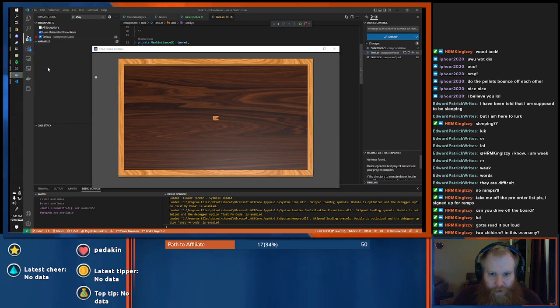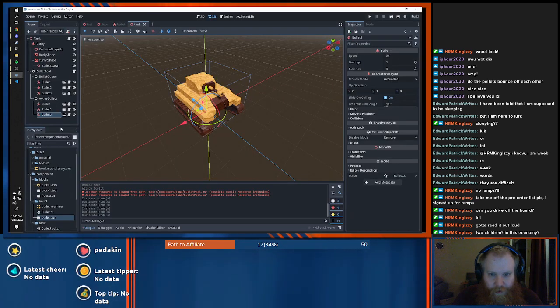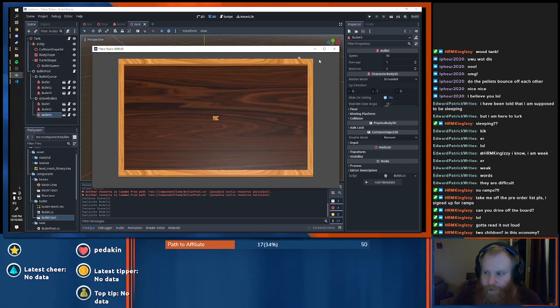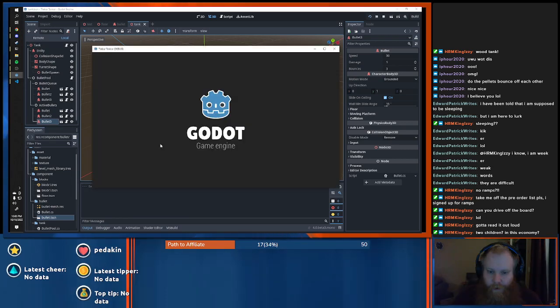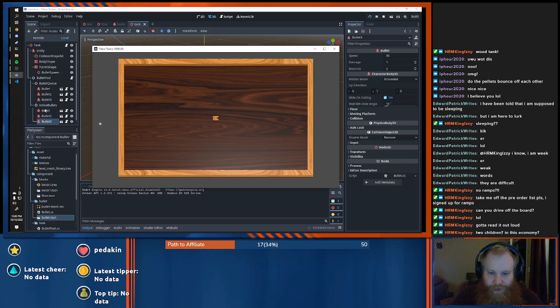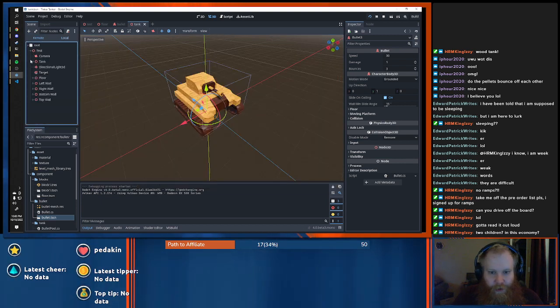Okay, and do I have a remote? I do not. That's fine. We'll just close this. We're going to launch it from here instead. And what this should do is we can see the bullets and the queues and the active here, but if we go to remote and find the tank and find the bullet pool.